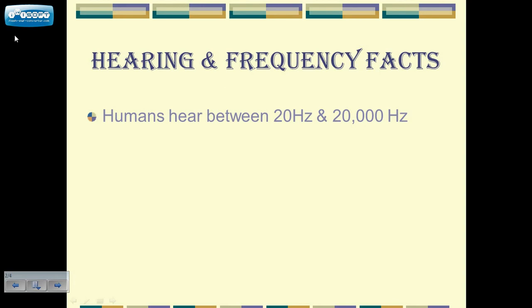Most very small children can hear a whole lot better than ones that are older. So older people don't have as much of a hearing range as younger people. And that's why those mosquito ringtones work, because older adults like your parents can't hear that tone, whereas you as a teenager can. So that range starts narrowing. And it's basically the idea of anything starts to wear out over time.